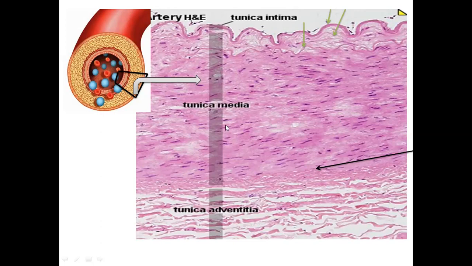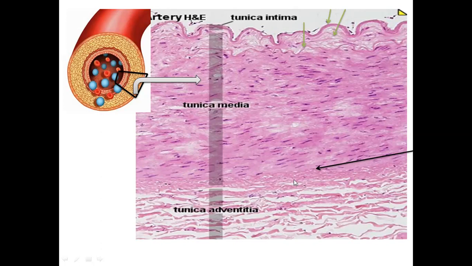But in between them, if you look at the details, you can find certain wavy bands between them, just like here at the arrowhead. These are elastic fibers. The media is made up of mostly smooth muscles and elastic fibers. There could be some radial collagen fibers as well. But just look, there is a very clear-cut demarcation between all three layers: tunica intima, media,